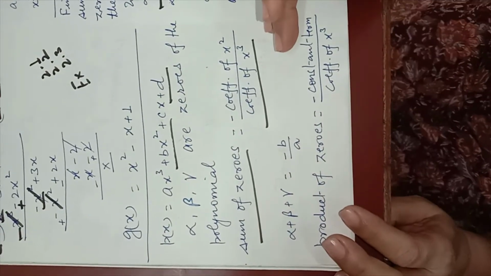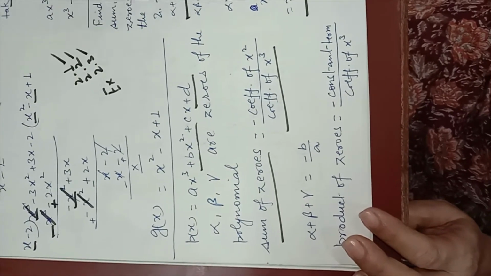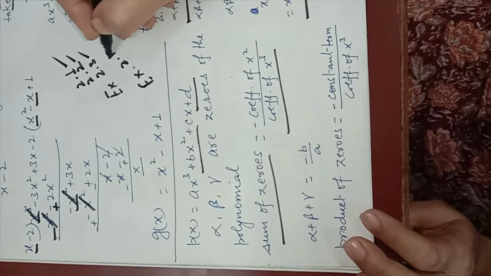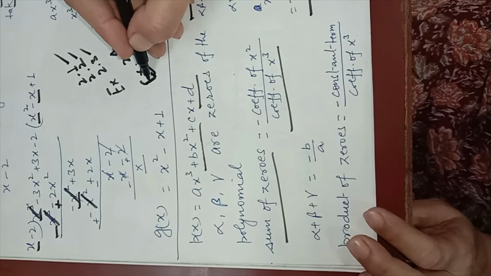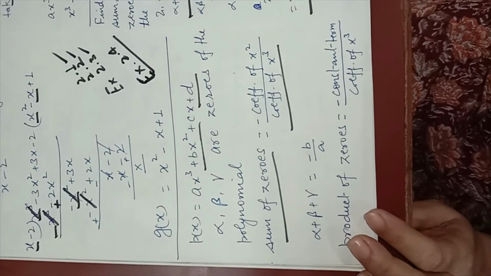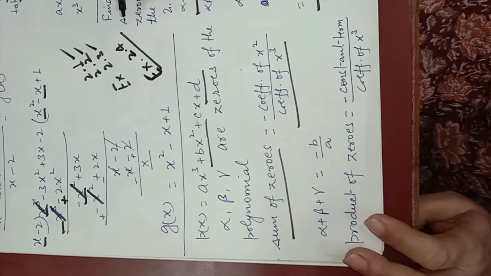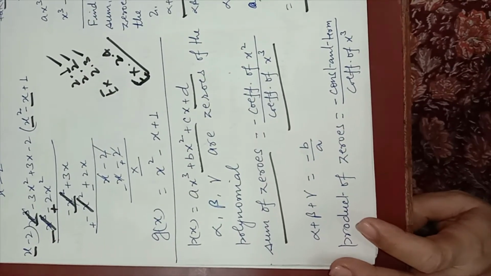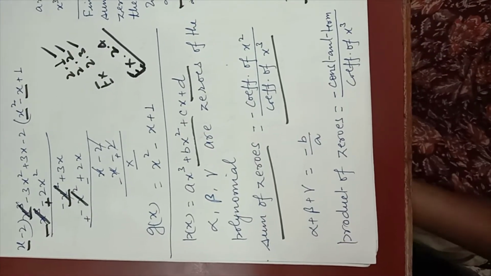Till now we have done exercises 2.1, 2.2 and 2.3. Now exercise 2.4, it is in your NCERT book. It is given as optional, not from the examination point of view, but CBSE has said that you have to do all the exercises, even where it is written not from the examination point of view. Questions may come from that.